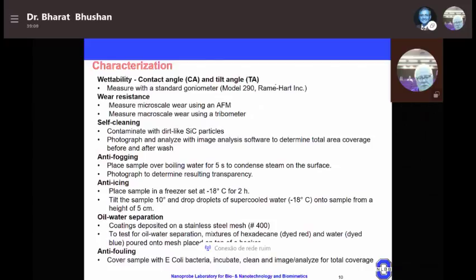For anti-fogging experiments, we place the samples over boiling water for 5 seconds, and we let the steam condense on the surface. And then we photograph it for anti-fogging properties. For anti-icing, we place the sample in a freezer, typically at minus 18 degrees C for 2 hours. Then we tilt the sample at 10 degrees, and we drop droplets of supercooled water at minus 18 degrees C onto the sample, and we examine if the